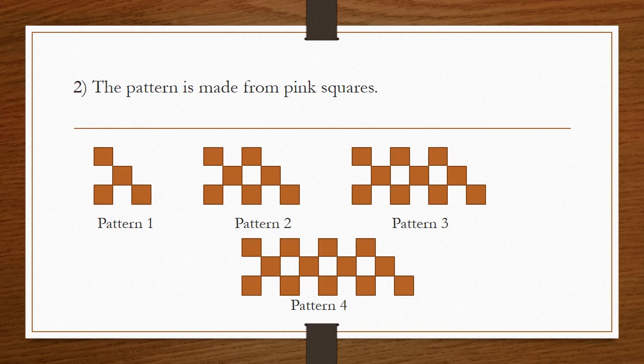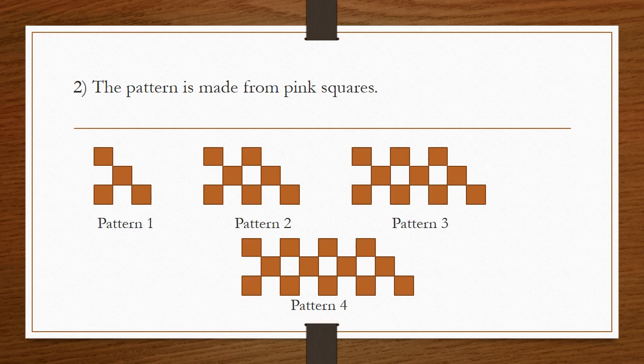Hello everyone. So in the last video we were discussing exercise 2.3 and we have completed question number 1. We were using the nth term. Till now we saw how to find the position to term rule and the term to term rule, but now we are going to see how to find the position to term rule and the term to term rule using the nth term. So the first question we have discussed earlier. Now let's discuss question number 2.